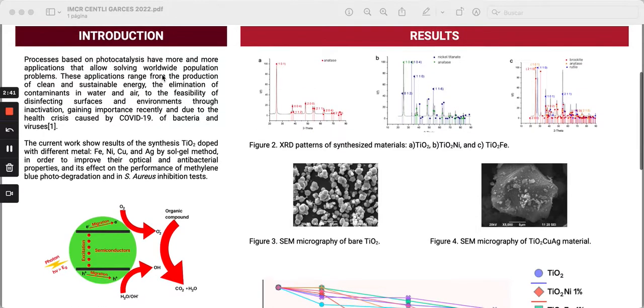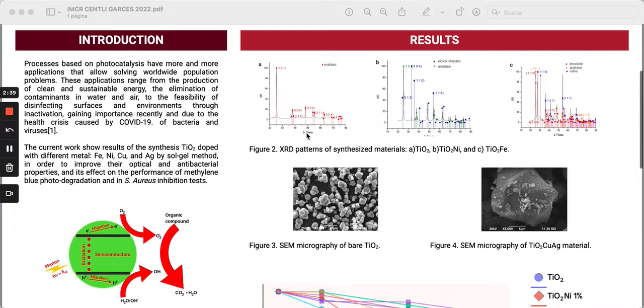Well, next I want to talk about the results in figure number 2. First of all, it is known that titanium dioxide can have three crystallographic phases, that is, anatase, brookite, and rutile. As we can see, various results were achieved, all three of them,